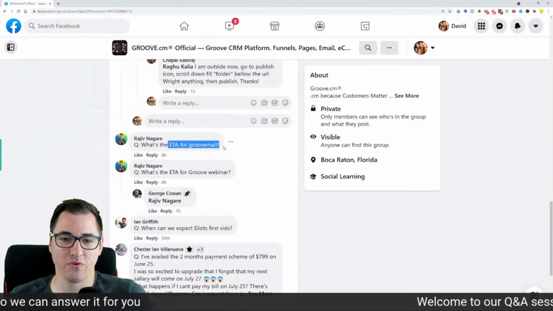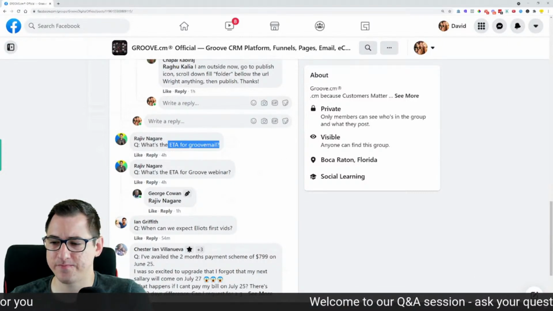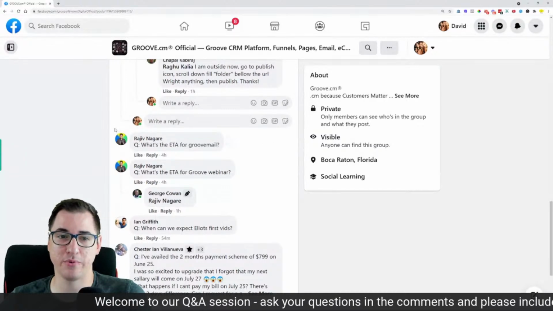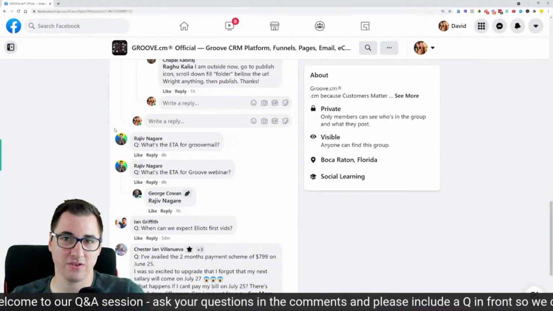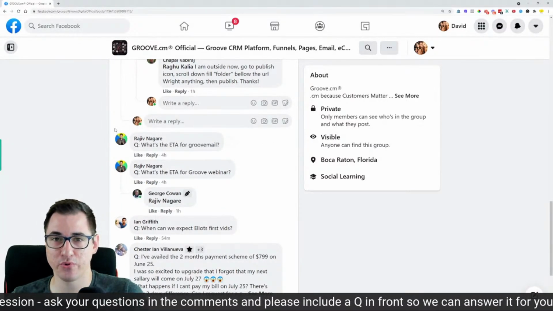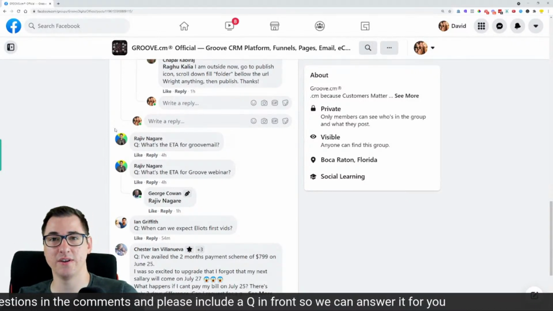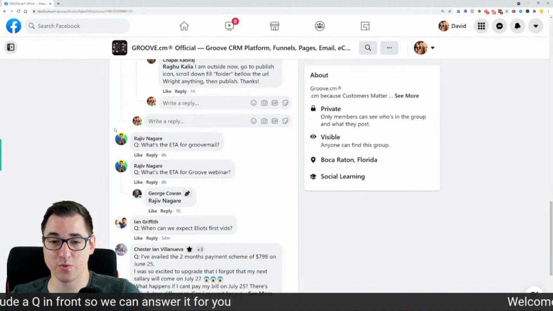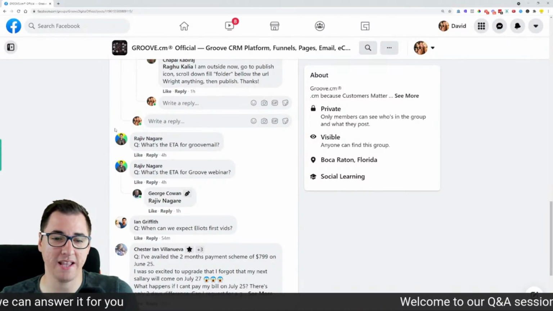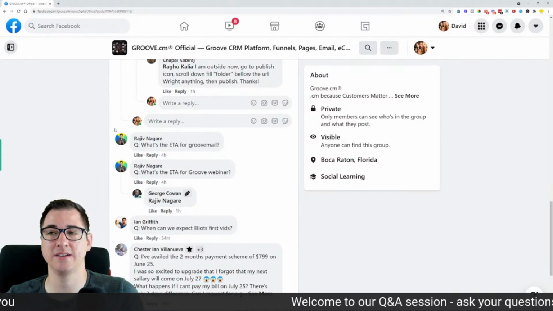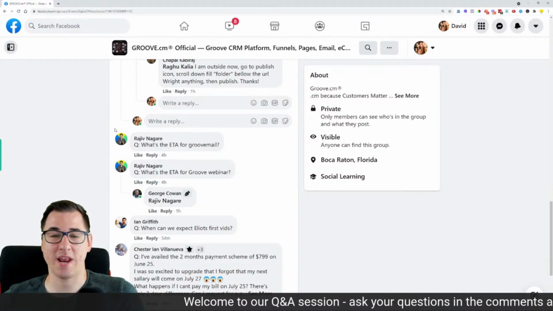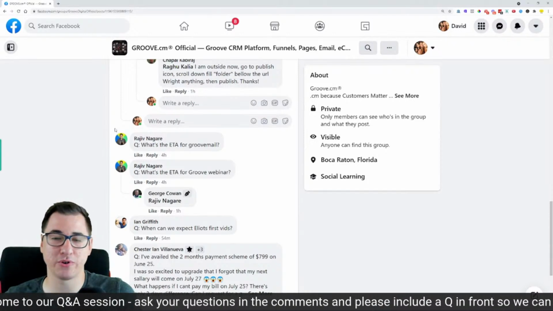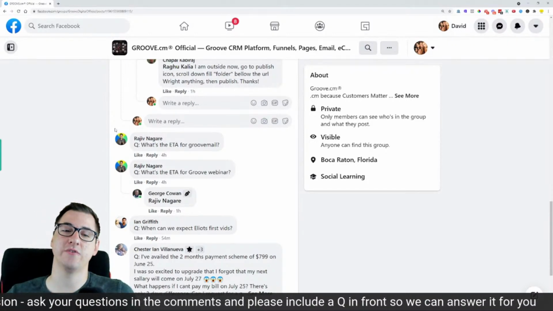What is the ETA for GrooveMail? Actually, today, tomorrow we are adding on a bunch of new people on GrooveMail to test it out. There is a lot of improvements that has been done on the platform as well in the UI development phase. We are also working on making the queues better for sending. So whenever you go and start sending your emails for the thousands of members you may have on your list, it goes out very smoothly.